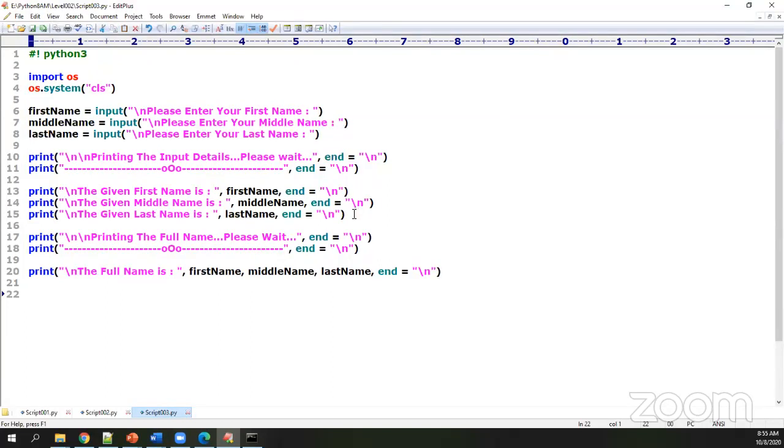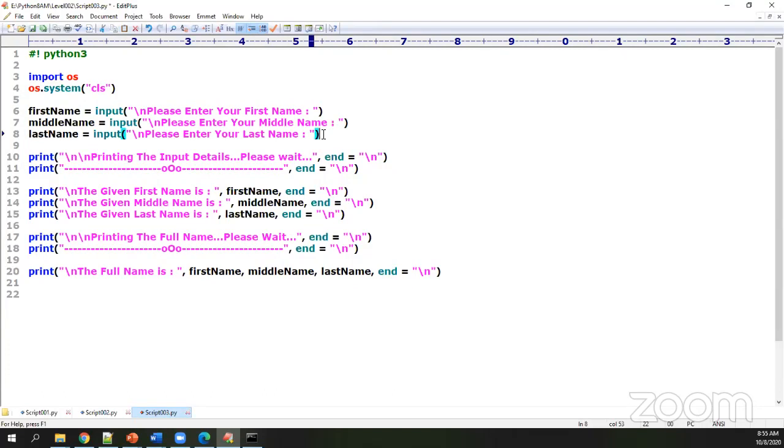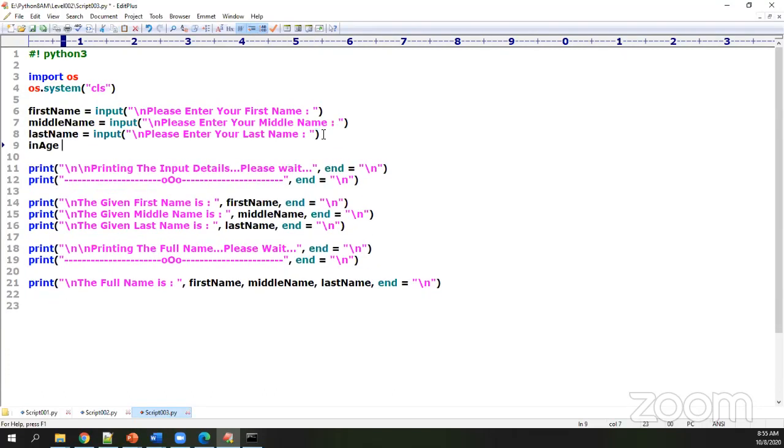Let us say after this last name, I'm saying in age is assigned as input, and I'm saying \n, please enter your current age.